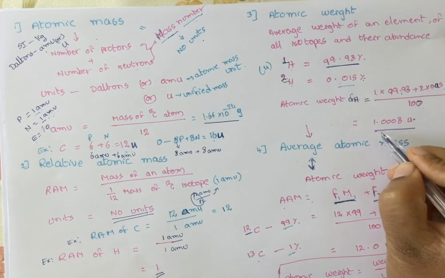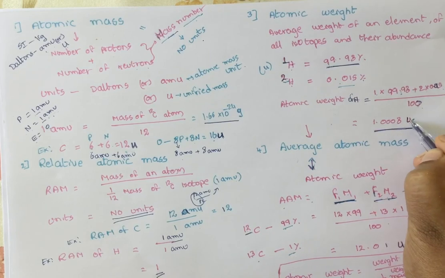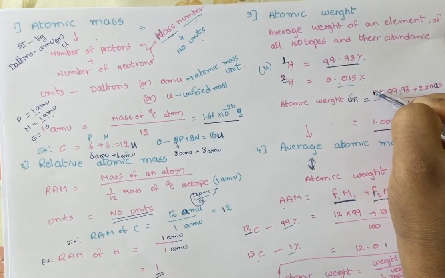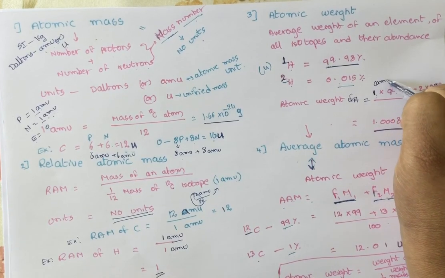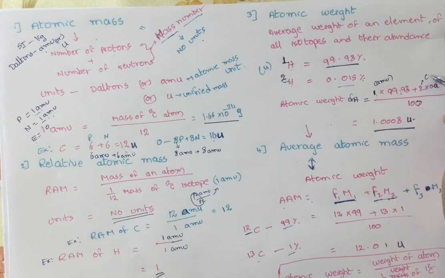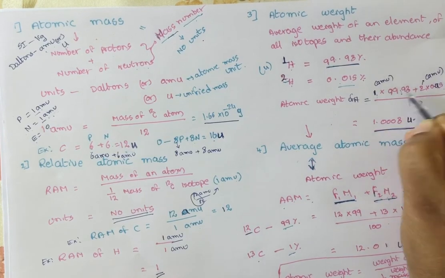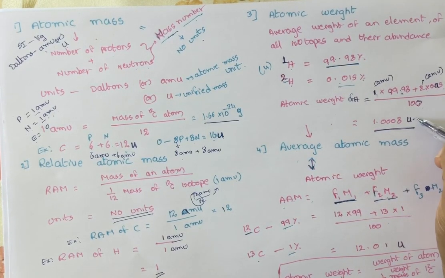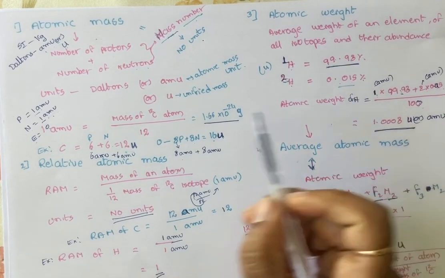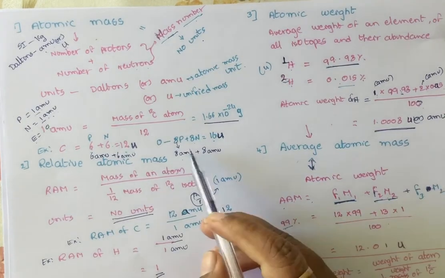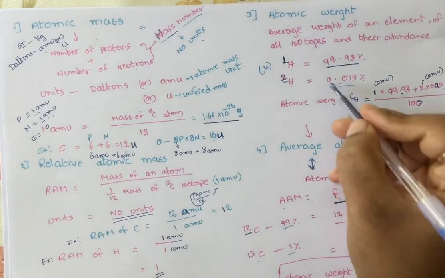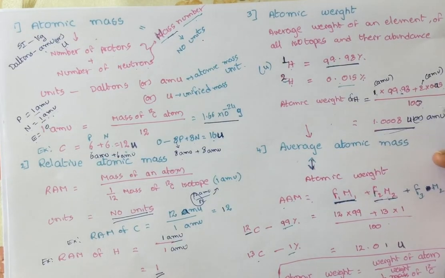If you do this calculation, you get the value, and it has a unit because atomic mass is always a mass value. So 1 AMU is a mass value, and the total thing again results in U or AMU. So atomic weight and atomic mass have the same units, unified mass or atomic mass units. So we can calculate atomic weight in this way.